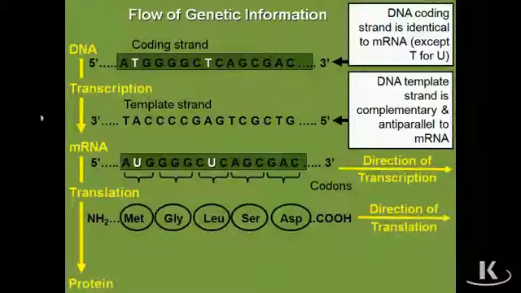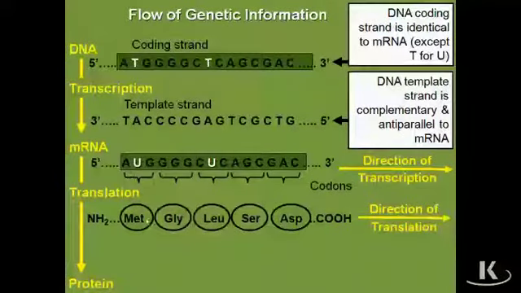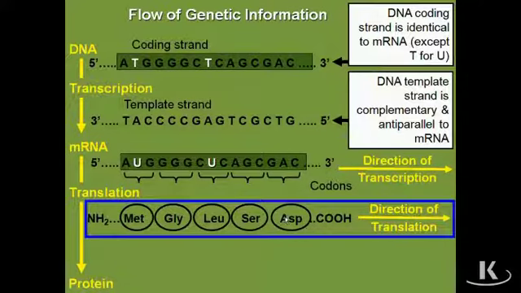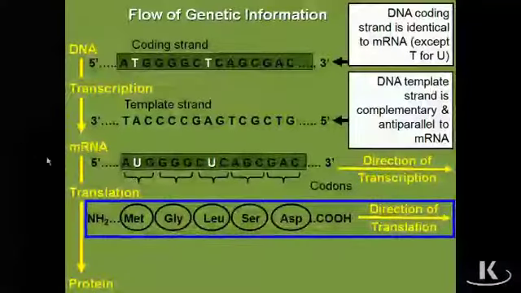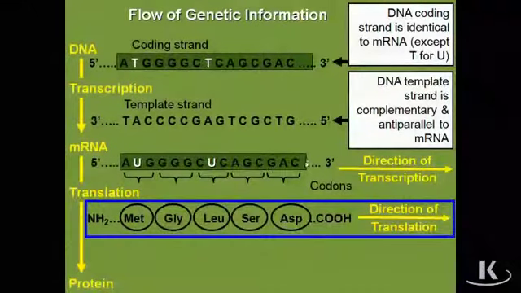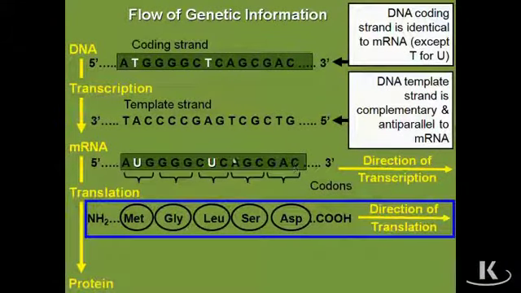So, for example, AUG encodes the amino acid methionine, whereas GGG encodes glycine. CUC encodes leucine, AGC encodes serine, and GAC encodes aspartic acid. Do you have to memorize all those? Absolutely not. If you're doing that, that's not an efficient use of your time, okay? So you will always be provided with a genetic code table